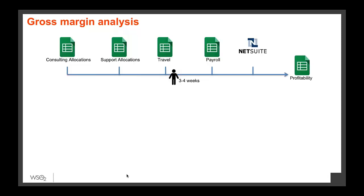And then we had another spreadsheet which had all the payroll data for each person in the organization, because if you are calculating the total cost of a particular engagement, we need to factor in the payroll for that person as well. And then revenue for a particular engagement was in NetSuite. So we had a person in our finance team who used to spend 3 to 4 weeks, at the end of the quarter, going through all these spreadsheets, getting all that data, and creating another spreadsheet of his own to do all this data mapping,